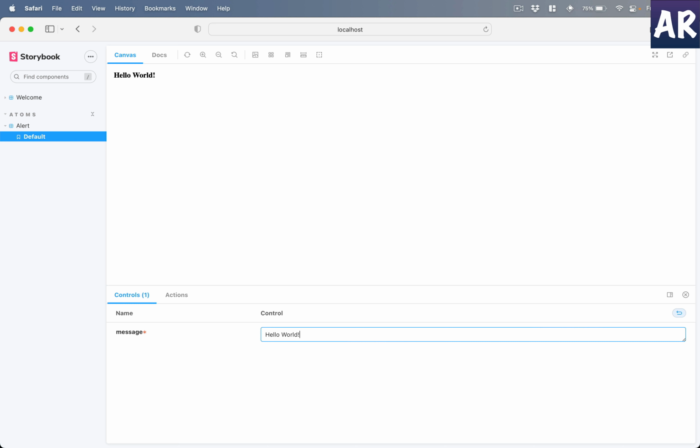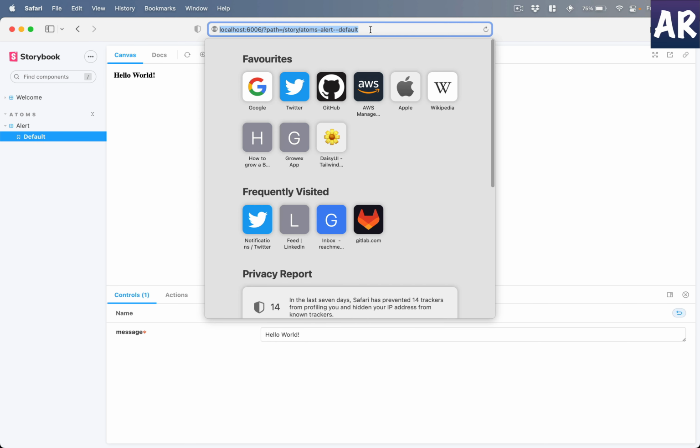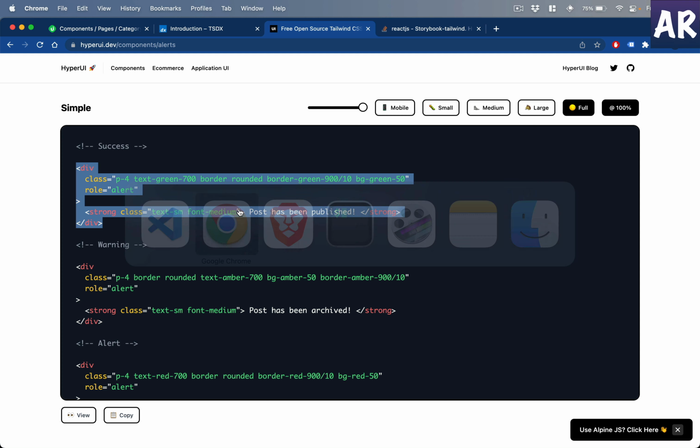as well. Why? Because this is a React component which I have loaded inside this canvas of Storybook, and I can control every behavior that is possible. Okay. Now the question is, how do we install Tailwind? So let me do one thing. First of all, we'll copy this, close Safari, and go to